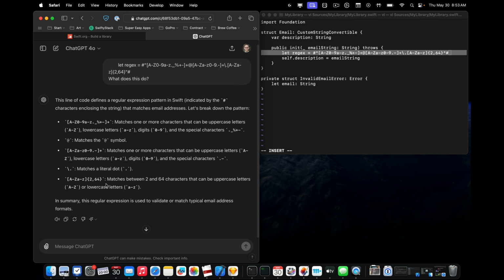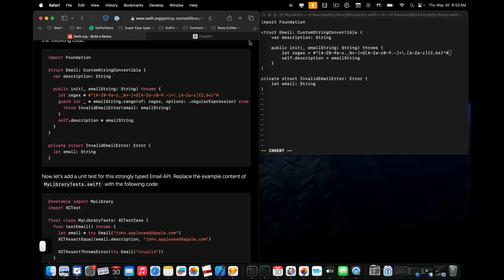This matches the dots and the ending be 2 to 64 characters. Okay, so if we type that correctly,